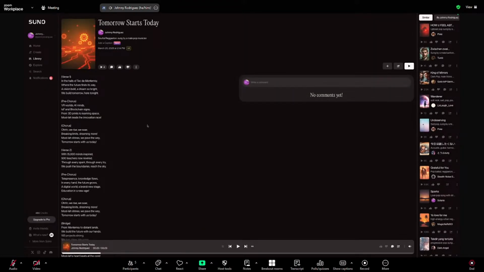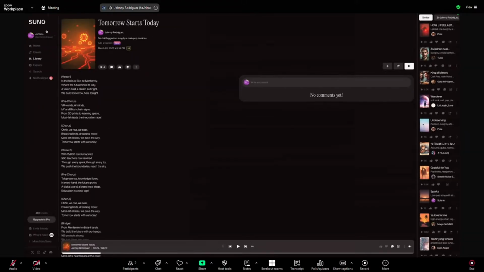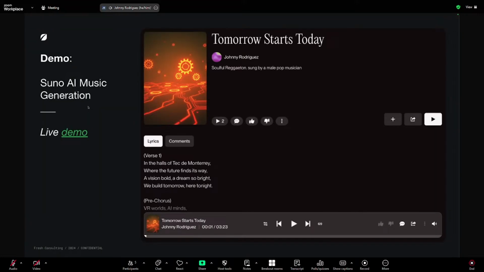Again, if I had more time, I'd show you the full song, but this was generated in about 1 minute. Just, hey, this is what Mostla is. Here's the information. Generate a song, soulful reggaeton, sung by a male pop musician. That was the extent to what I gave this technology through Suno, and you can kind of see how that was translated. So lots of interesting things.